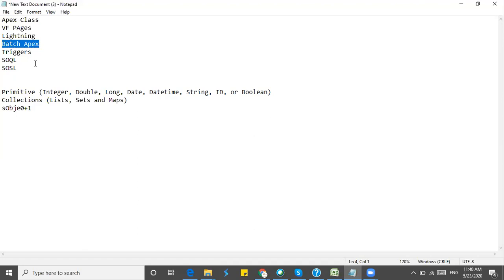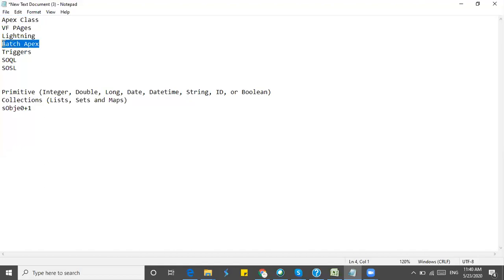So I'll be explaining what batch Apex is and how to write a batch Apex and update those records with an example. If there are around 1 lakh records, using our Apex class we cannot do that. You cannot query more than 10,000 records using a SQL query, and you cannot update them using an Apex class.